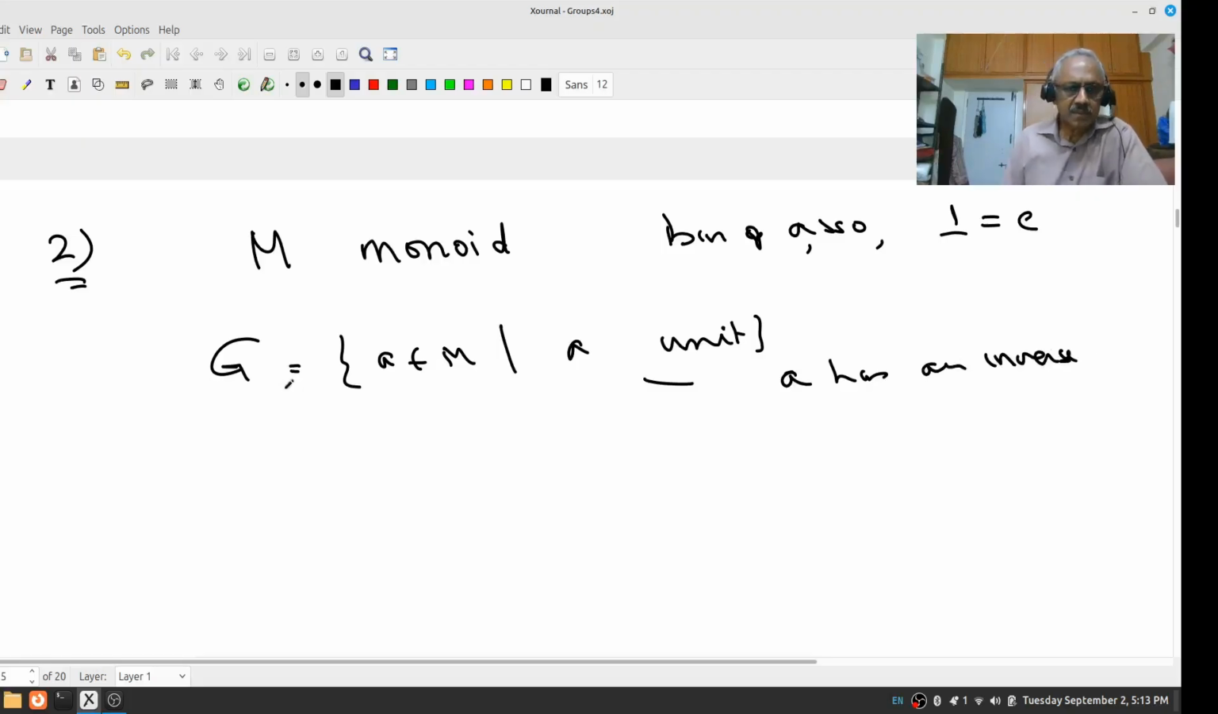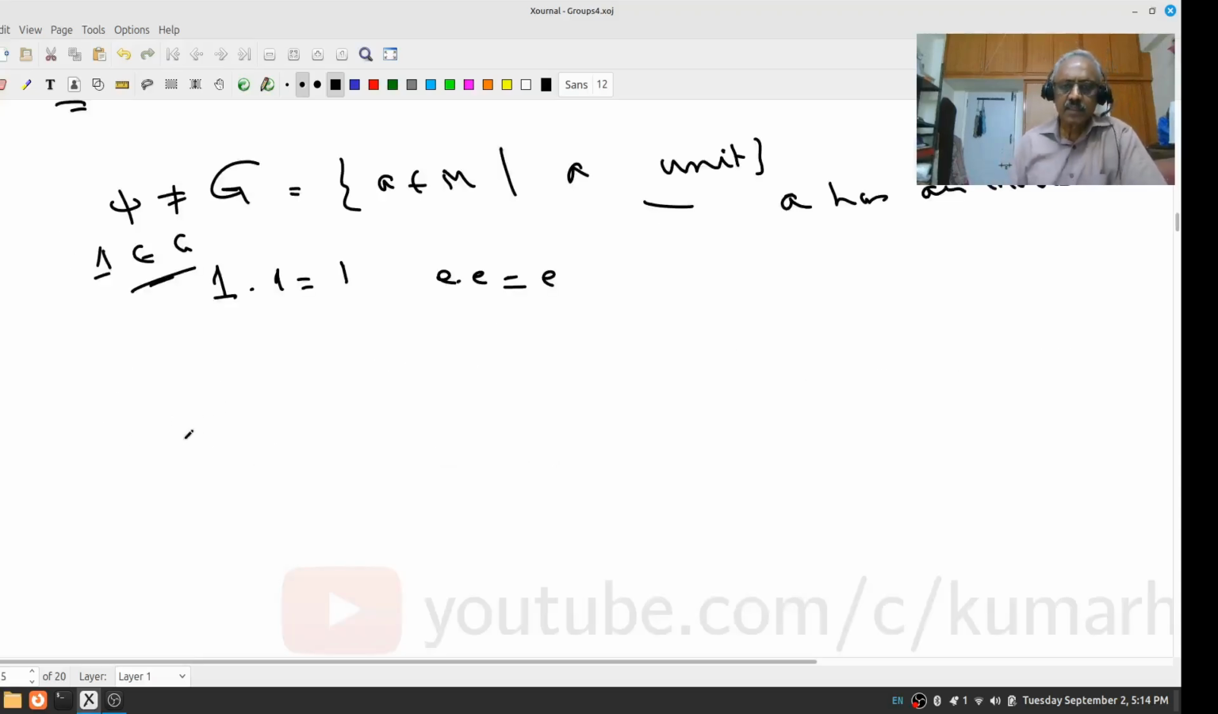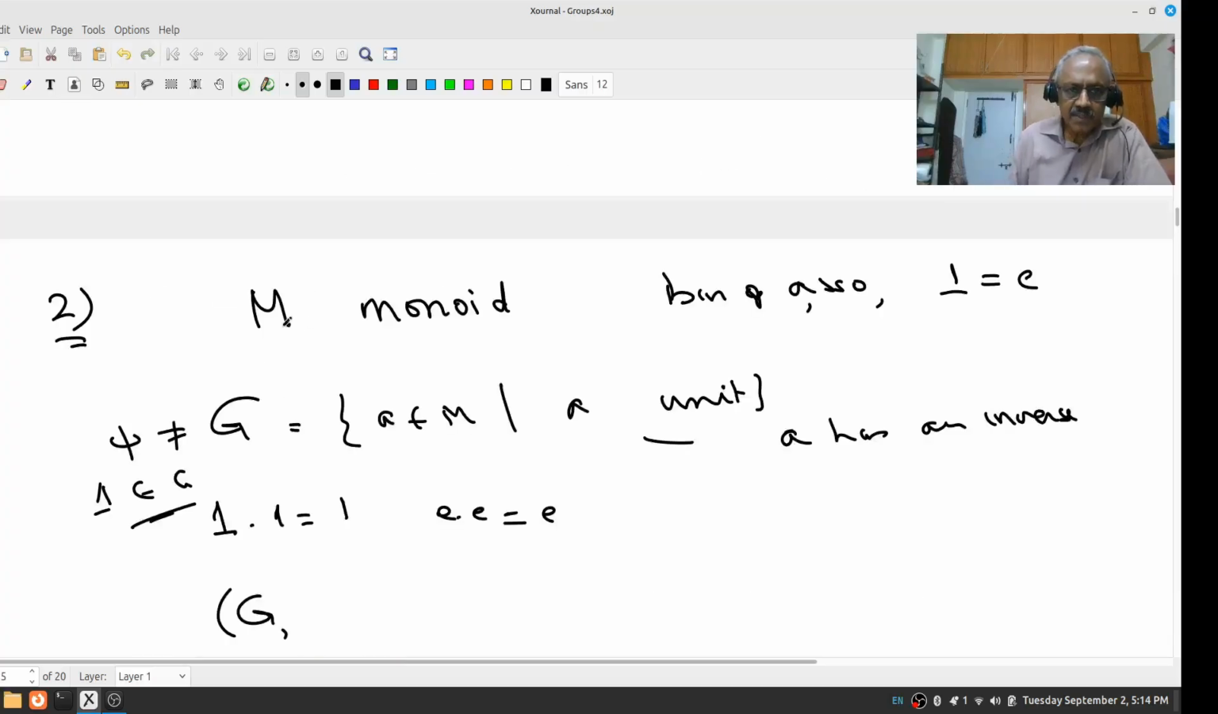Right? This set is non-empty. Why? Because we had already seen that 1 dot E is E dot 1, which is E, because it's an identity. Therefore 1 belongs to G, and therefore this is non-empty. Now I claim that G, with respect to the monoid operation, call it star, which as usual we will not ignore, restricted to only G,